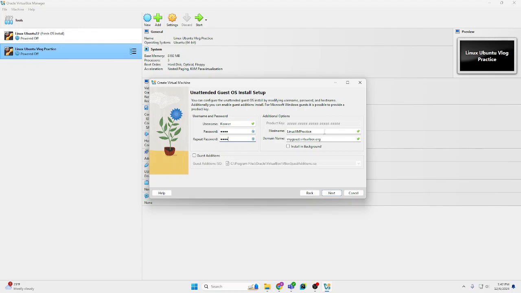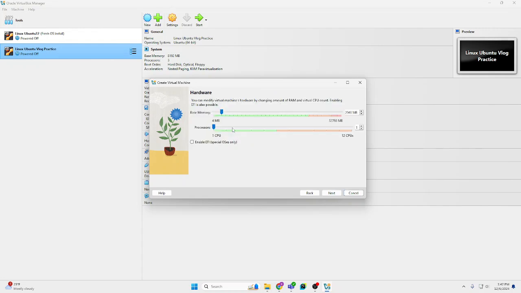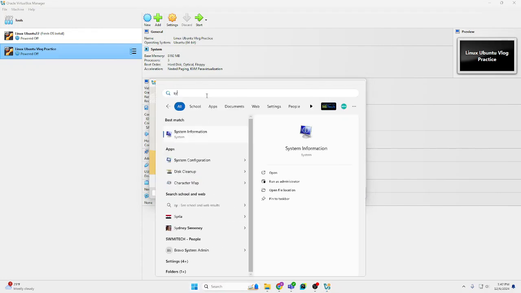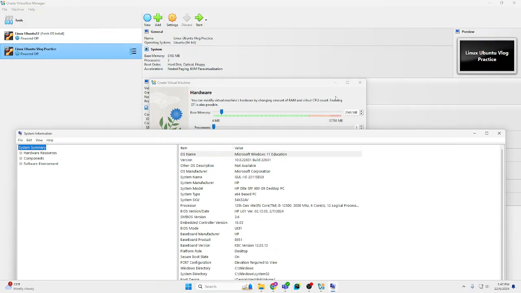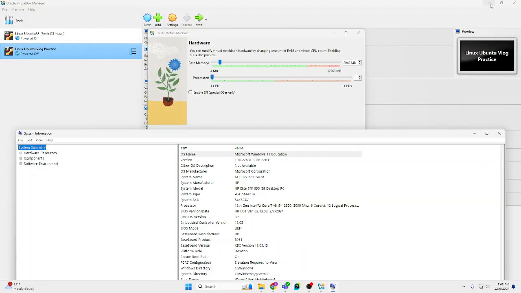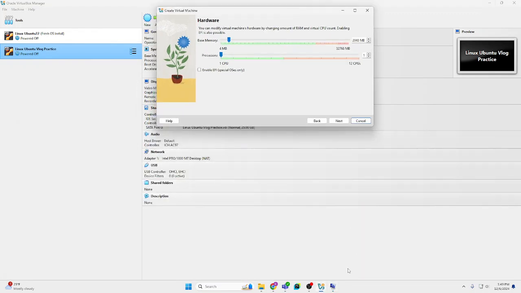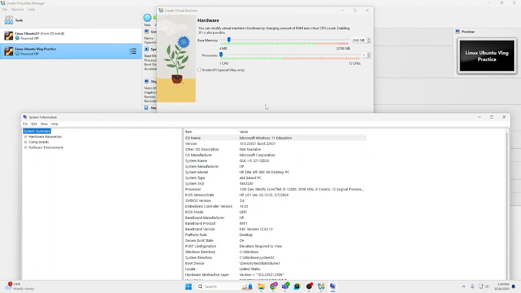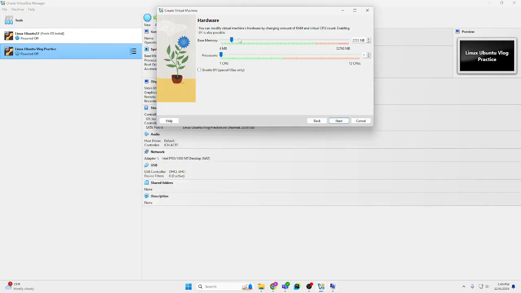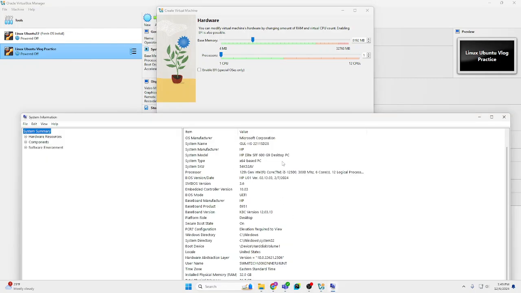This is all fine. It's the domain name and the host name of the computer. Then we go to the next page. Now this is where we needed that system information. I recommend, if you're just running one at a time, you only use up half of your host computer's resources. For instance, this one has a terabyte, so about half of that would be this much, and since this machine has 6 processing units, which can be found in here,